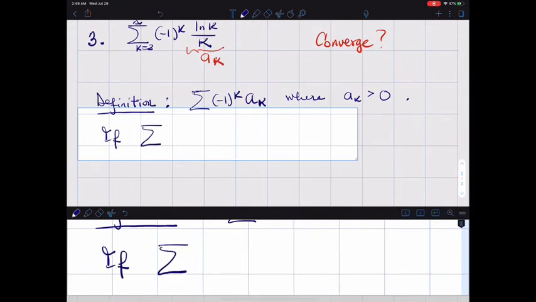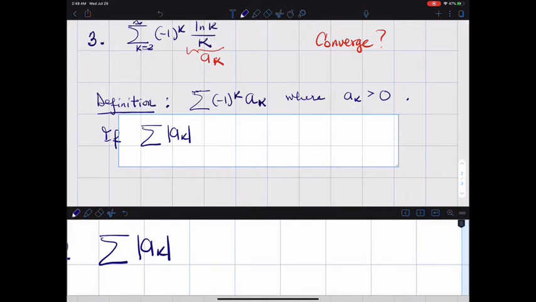If the summation of the absolute value of a_k, let's make it absolute value even though we've already determined that it's all positive, converges,